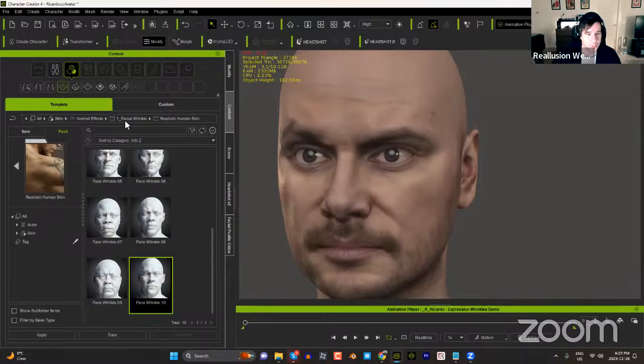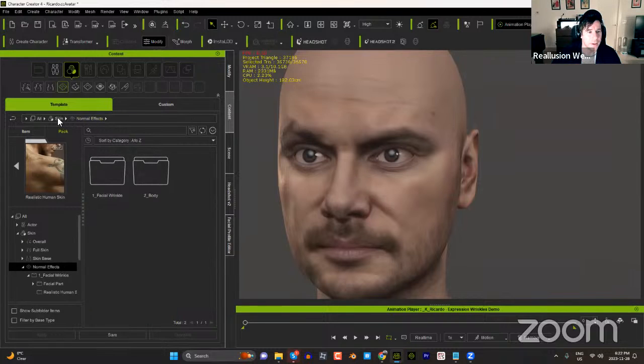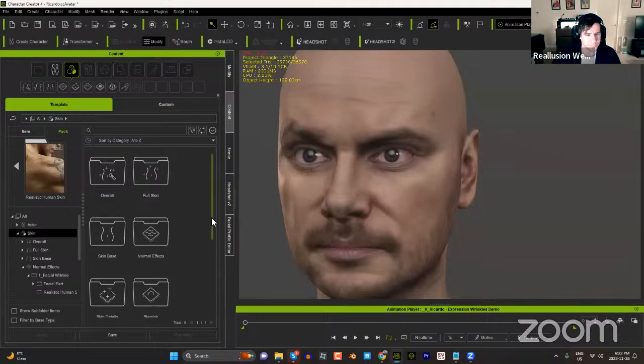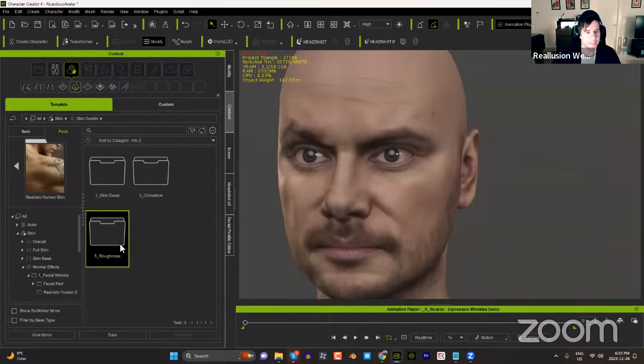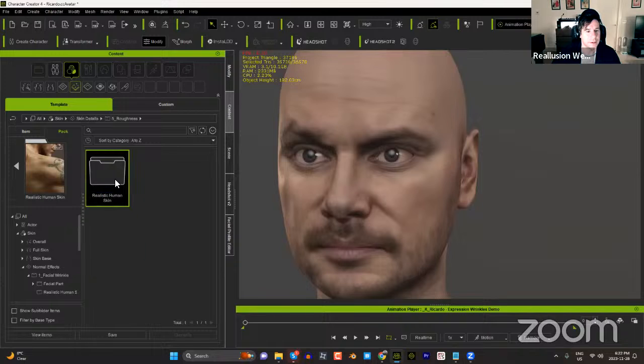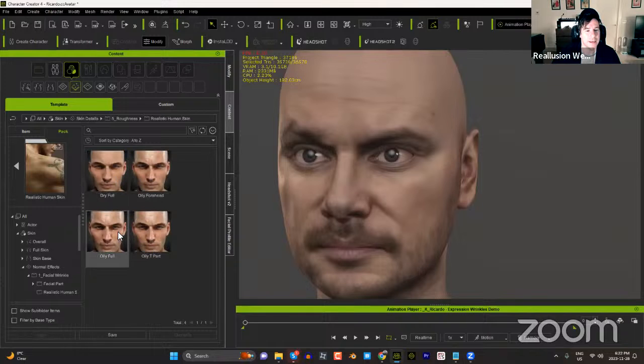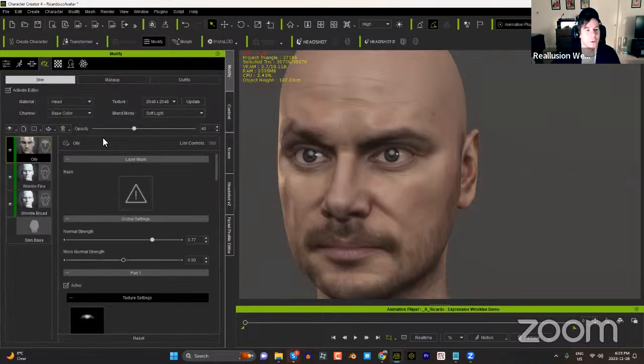On top of that, instead of facial wrinkles, back in skin here, you can go to skin details, and there are things like roughness. Again, you can add additional things to this. Now, one thing to be aware of is if you add a little bit of oiliness, you can see this oily forehead or oily T part right here. Oily or higher specular values on your character's skin are often really useful to emphasize wrinkles. So if I go back into my appearance editor here and use the oily one,